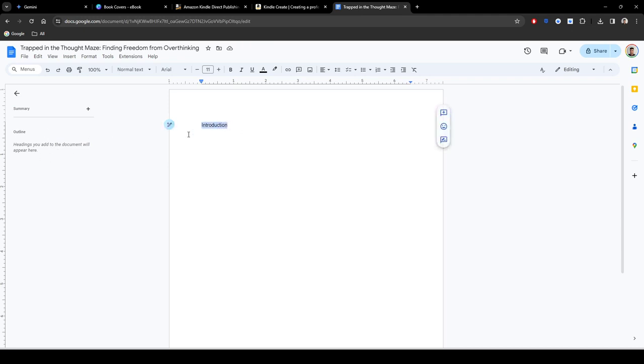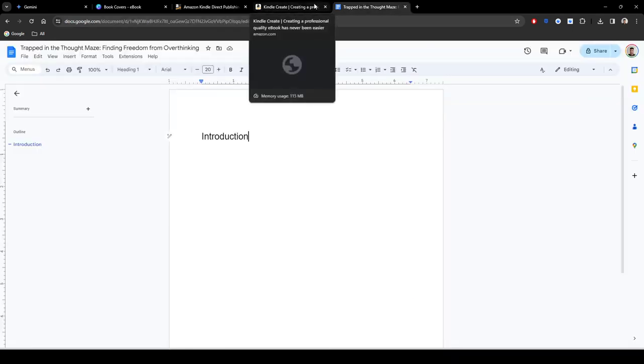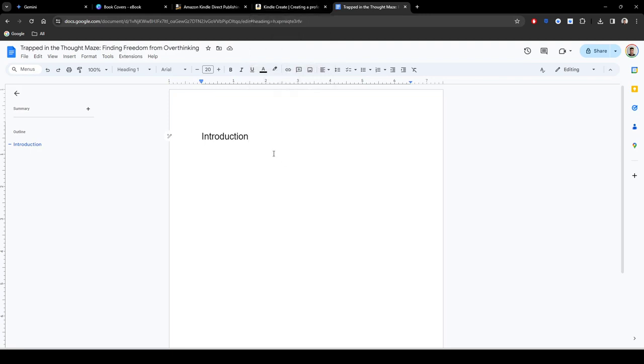So what I'm going to do is highlight this, go to normal text, make it heading 1, and you can see now that it's here in the outline. So yeah, this will be useful later when we go into Kindle Create. Okay, so now what I'm going to do